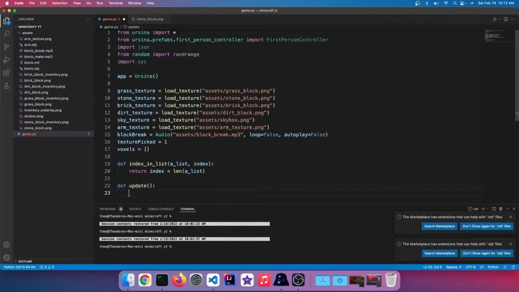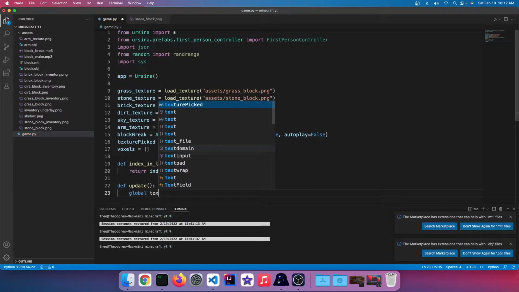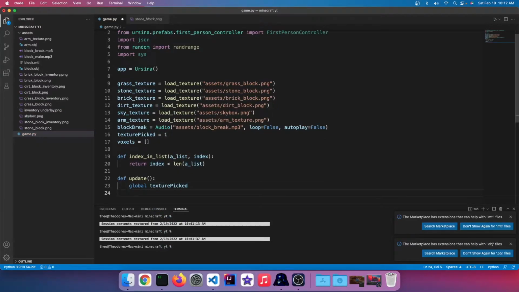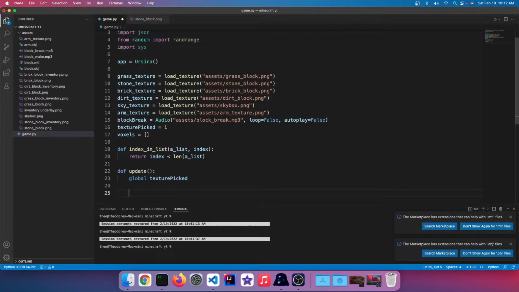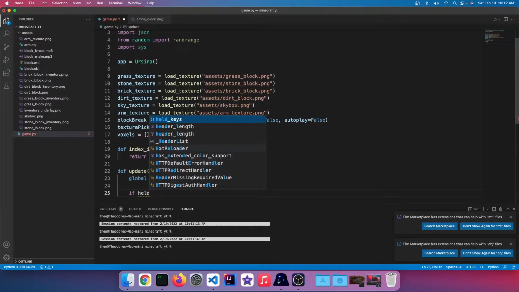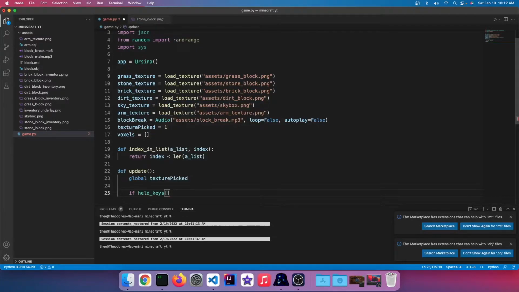So let's start by making a global variable, well, making texture picked global so you can access it. And then we're going to need if held keys, this is for the hand by the way, is equal to left mouse,